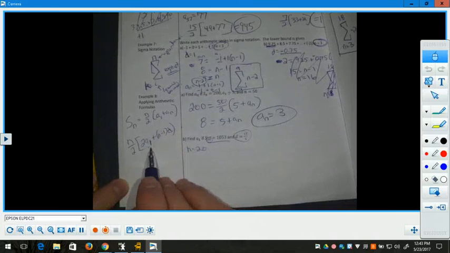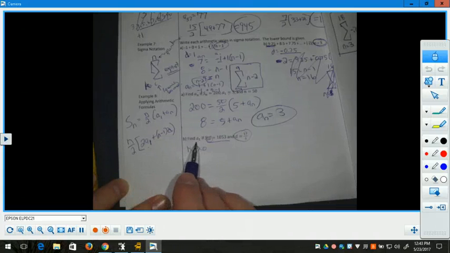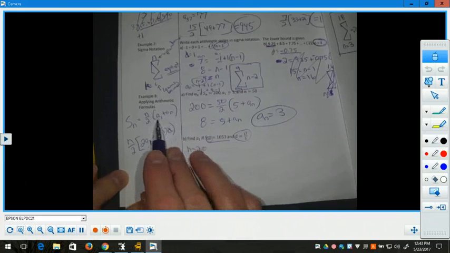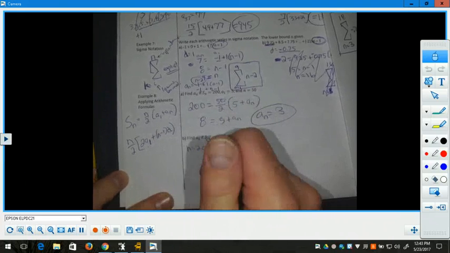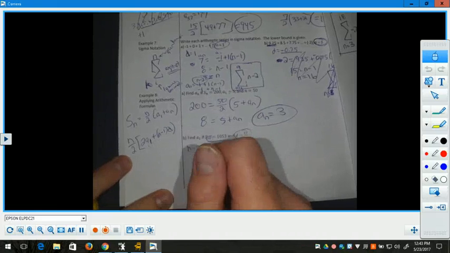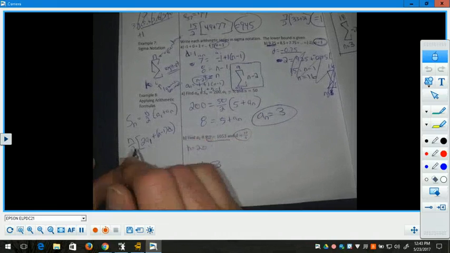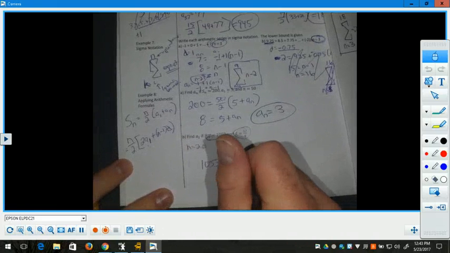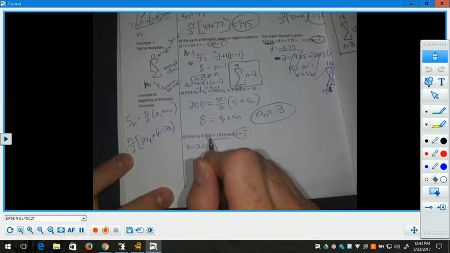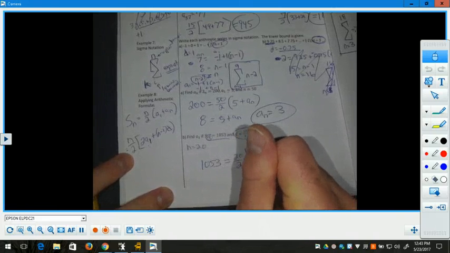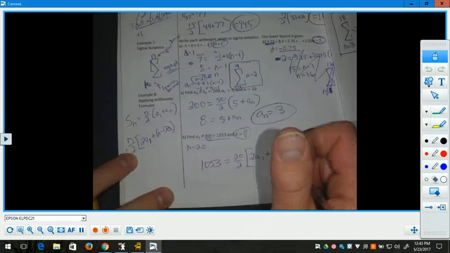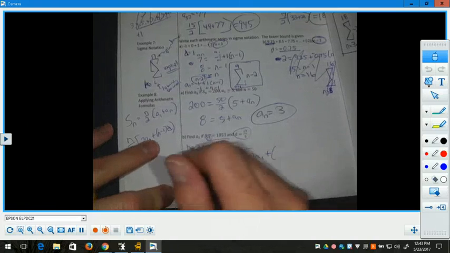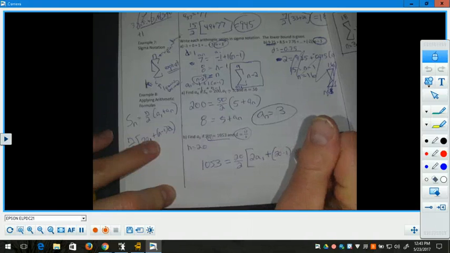The formula I'm going to want to use is this, because I don't even have a sub 1 or even a sub n, so I can't solve for two variables at once. So on this, I'm going to do 1053, which is the sum, equals 20 over 2, since n is 20, times 2 times a sub 1, plus n minus 1, well again, n is 20, times d,